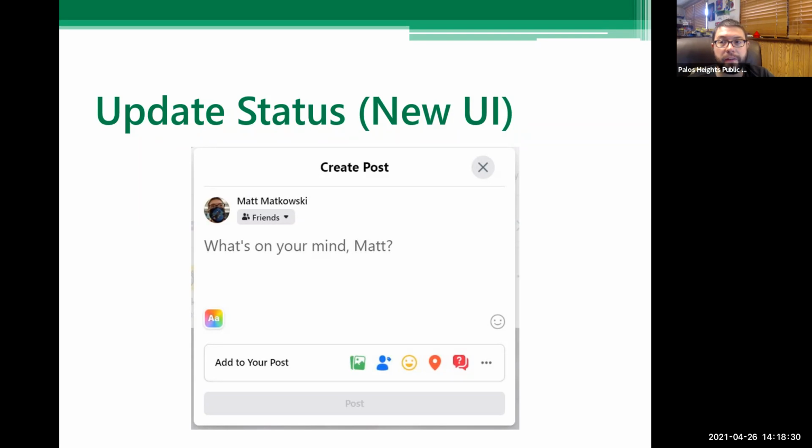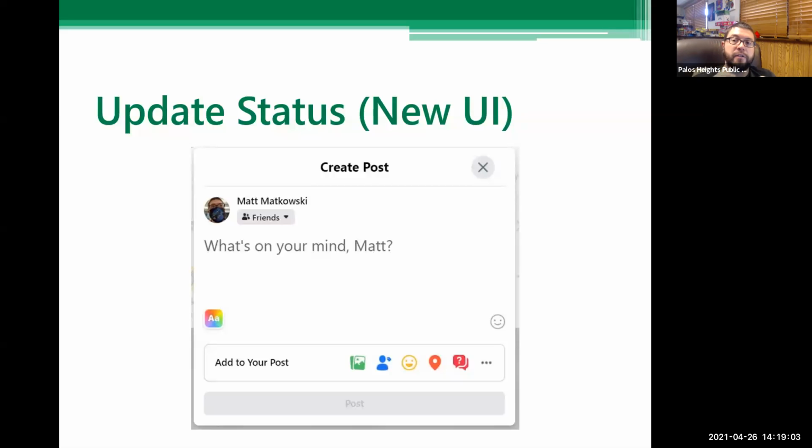The other thing is you can copy a link to a website and then paste it into your create a post. You can hit Control V on a keyboard to paste it in there, or you can right click and paste. If you're on a tablet or phone, you just long press on there and it'll paste in whatever you've copied.